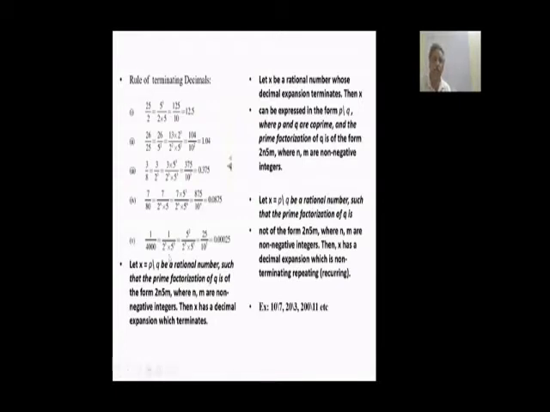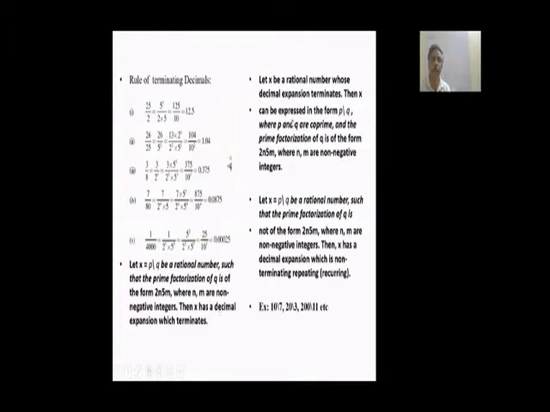That's what is written. If P by Q is a rational number such that the prime factorization of Q is of the form 2 to the power of n and 5 to the power of m. P by Q means this is Q. 2 I am converting in the form of 2 to the power of 1 into 5 to the power of 0, or 5 to the power of 1, I put 5 also on the top. So 10 is in the form of 2 to the power of 1 and 5 to the power of 1. 10 square, 2 square into 5 square. 10 cube, 2 cube into 5 cube. 10 to the power of 4, 2 to the power of 4 into 5 to the power of 4. When I can convert the Q of P by Q in this form, then it will result in a terminating decimal.